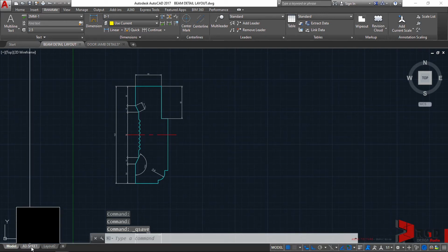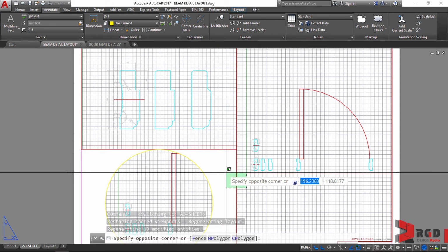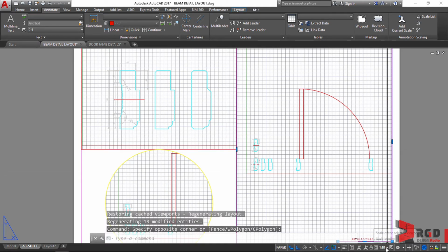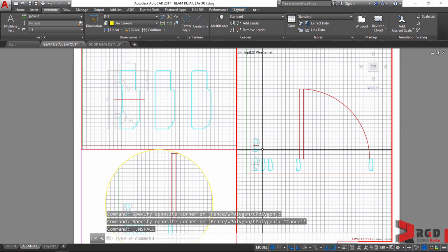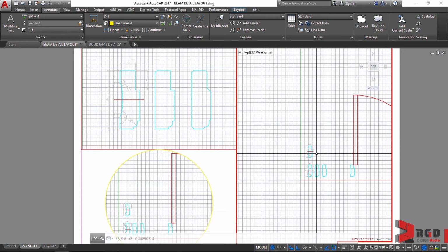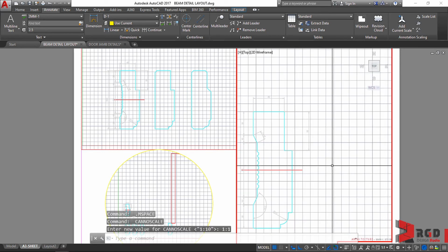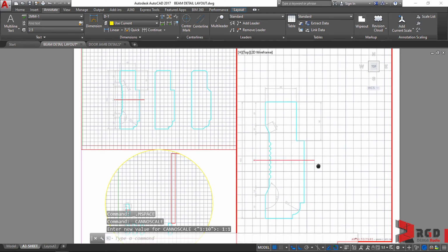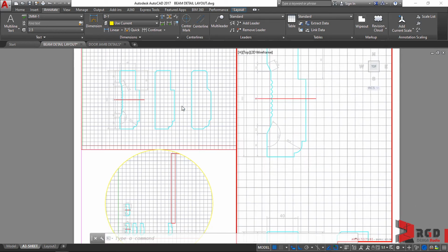Then let's go back to the A3 sheet layout tab, and then let's select this viewport, then change its scale. Let's center this first. Double click inside, and then center our newly created drawing with 1 is to 1 dimension, and then let's select 1 is to 1, and then pan again. We need to center it because we need to compare it with this particular drawing.